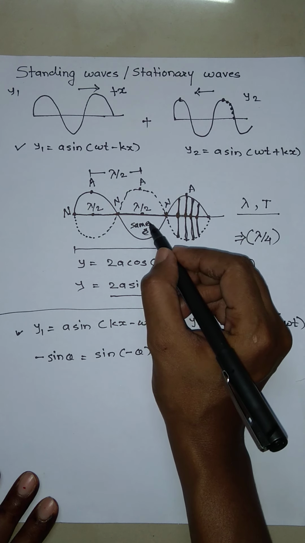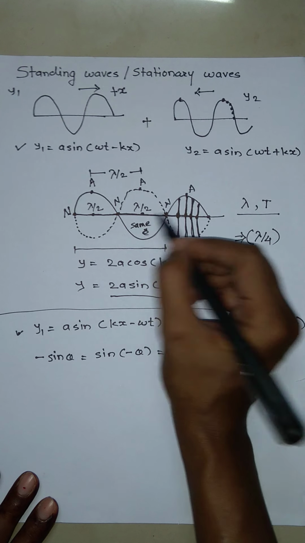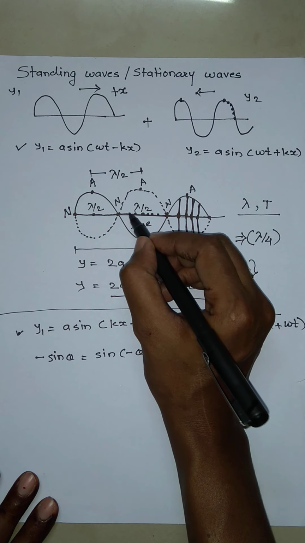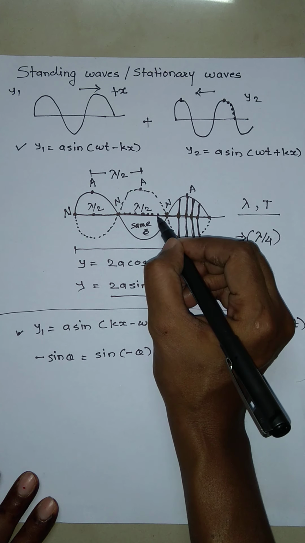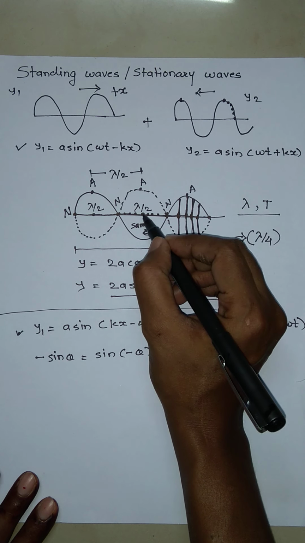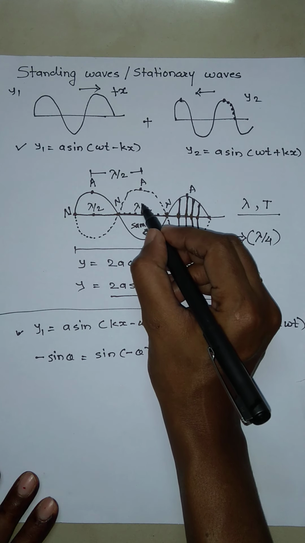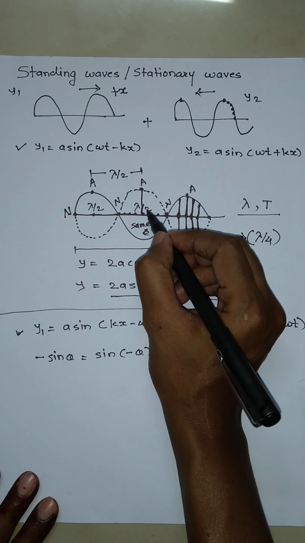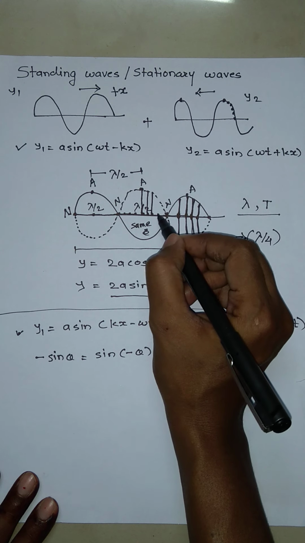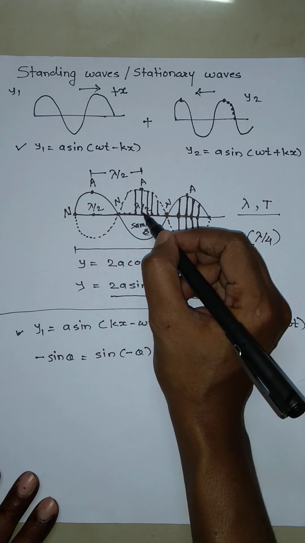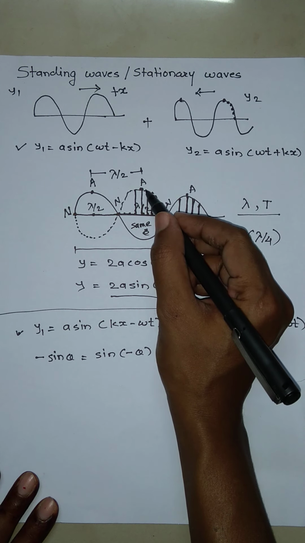All particles are having same phase means what? Consider these are the particles which are vibrating about its mean position. All particles achieve its amplitude in the same sense. Like all particles move upward at a time,